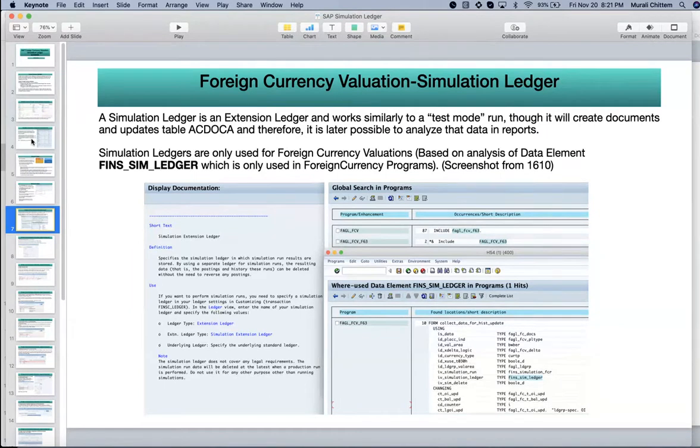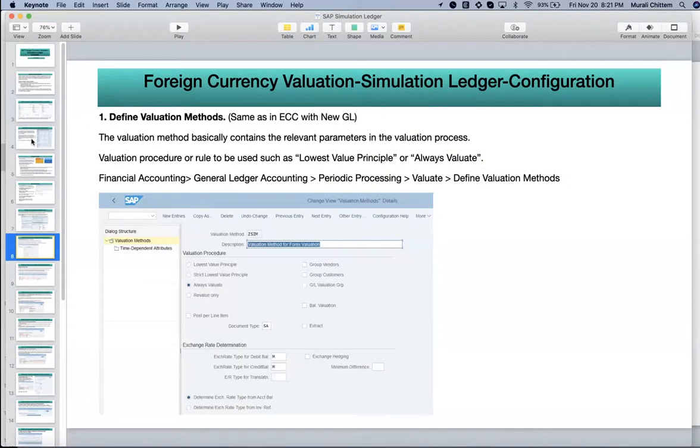The data element FINS_SIM_LEDGER is used only in foreign currency valuation, nowhere else. So there is no other purpose except this. Now we'll discuss the configuration part. I will give some pause so that if anybody has any questions, they can ask.